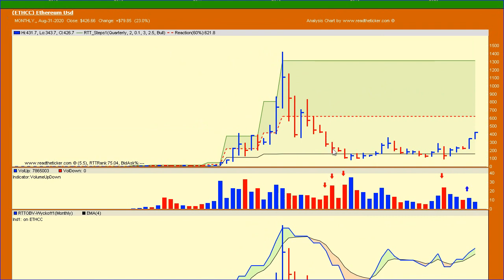Then you get a narrower spread and a higher close, with big volume. That is definitely demand. And then another down day here, but the volume is huge, that's accumulation. There's some accumulation in those 3 months. And we have a big blue bar here with a narrow spread. That basically means all the selling was soaked up by all the buying, stopping the down move.